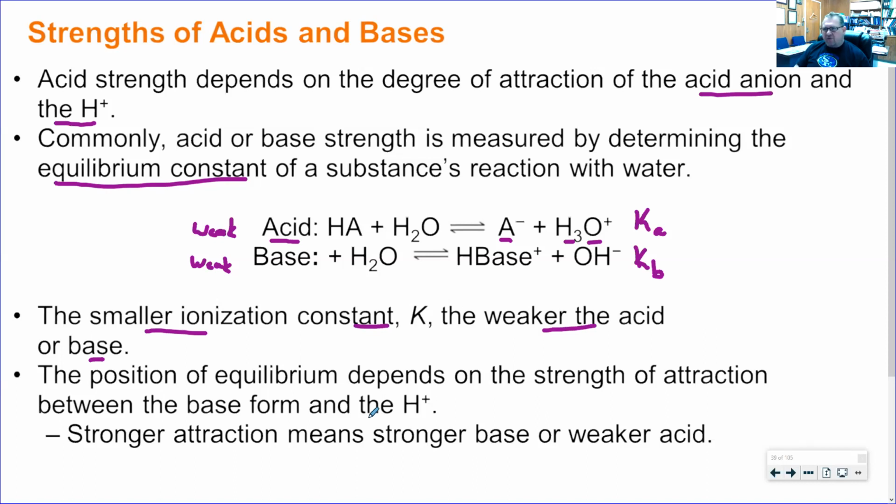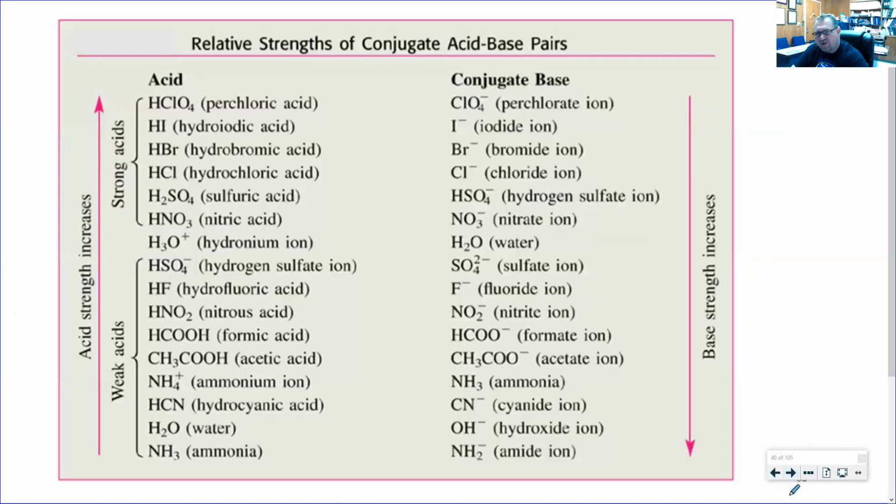And their contribution to an acid-base equilibrium is going to change based on how much of this proton or the hydroxide is being made and available to that equilibrium. So the equilibrium depends on the strength of the attraction, which is related to this Ka value. And it's also going to be dependent on the concentration of it. So Le Chatelier's principle says the more that you have, the more it's going to shift that equilibrium in the forward direction.